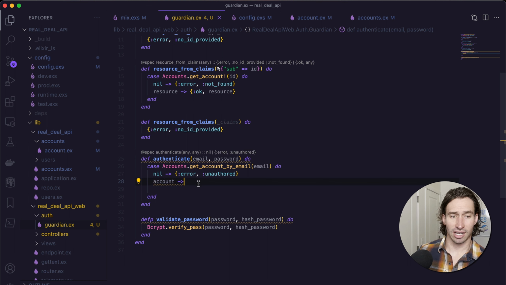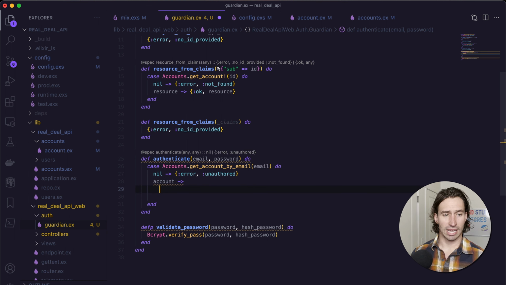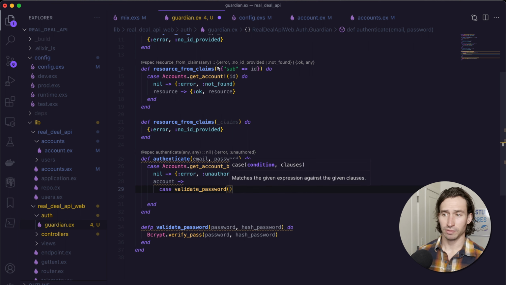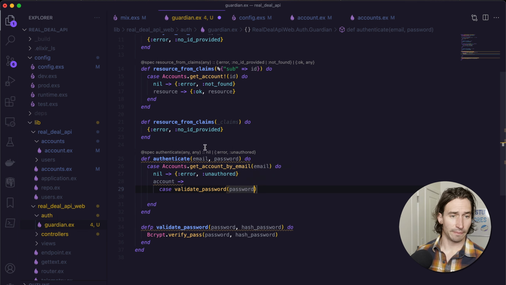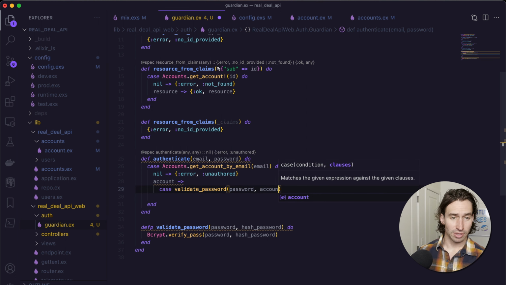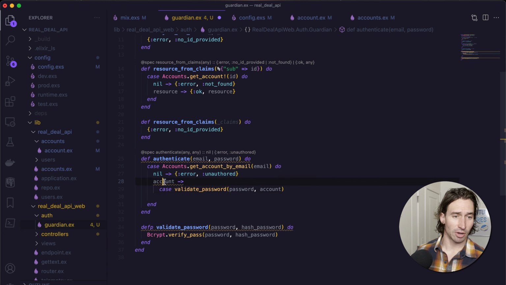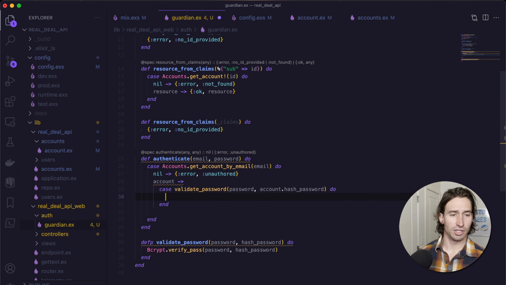Once we get our account, we're going to just return and have it nested underneath here. We're going to do another case statement. So case, and now we're going to call our validate_password function. So validate_password, and we're going to pass in the password that we got from the user right here, and then comma, then we're going to take account, the object we just got from get_account_by_email, and we're going to say .hash_password to grab that value out of account, close off the parentheses, do,